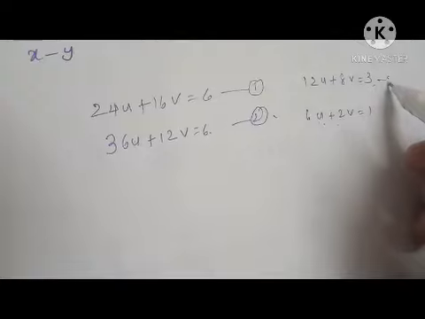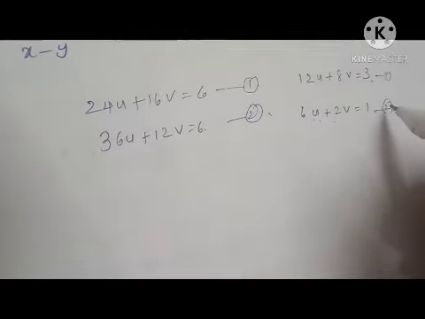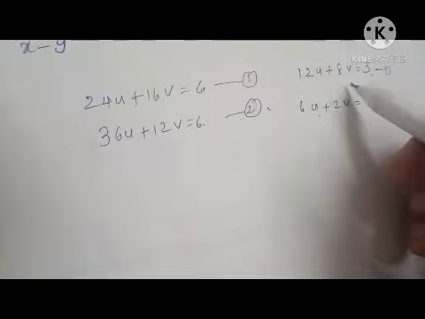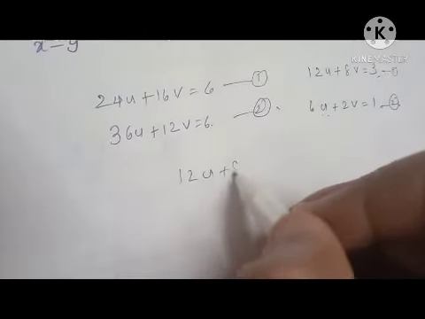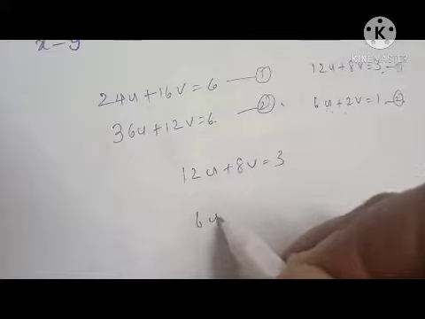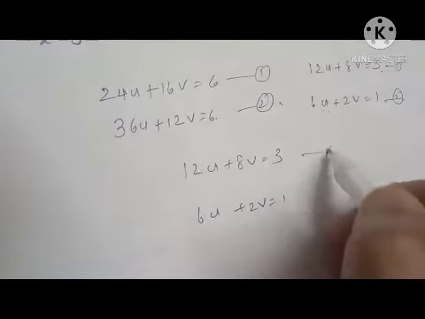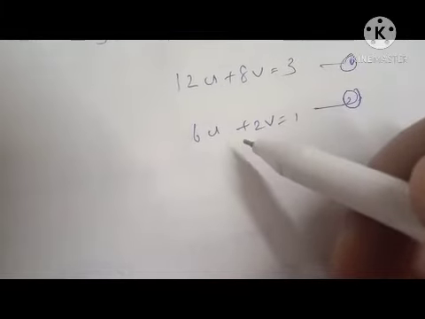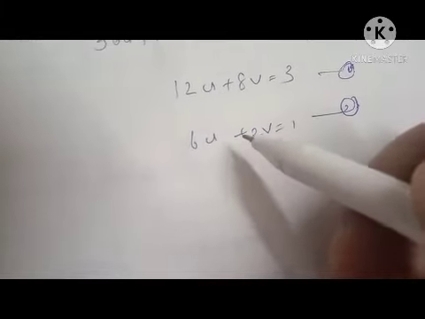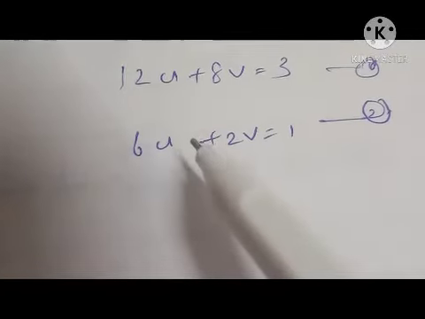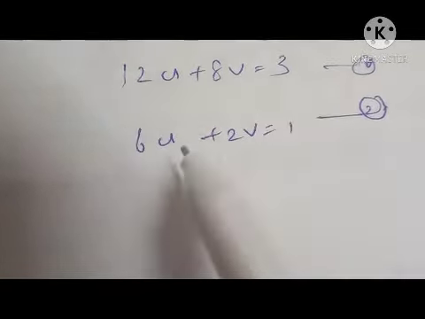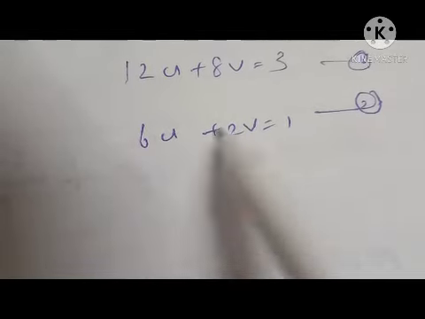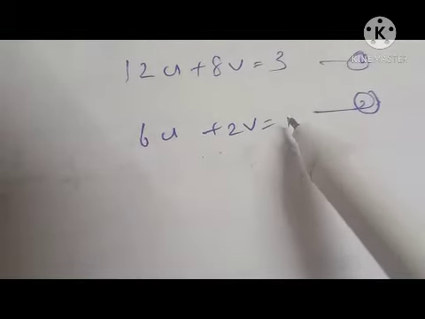So this is equation 1 and equation 2. Same number we gave because it is only the simplified form, right? So 12u plus 8v equal 3, 6u plus 2v equal 1. This is equation 1 and this is equation 2. Here when we solve this, then we have to get either u or v have the same coefficient. If it is opposite symbol, it is not a problem, but they should have the same coefficient in terms of number. So here we can change this equation as multiply by 2.